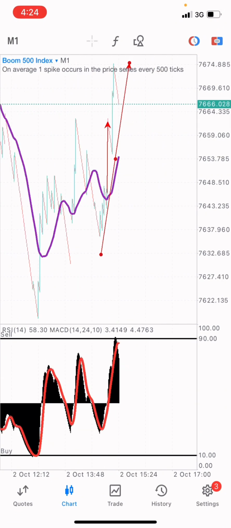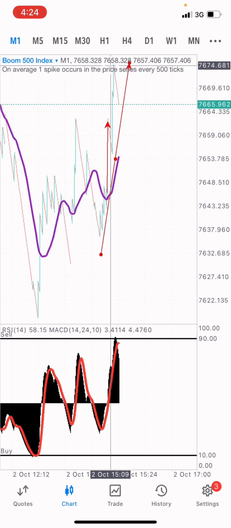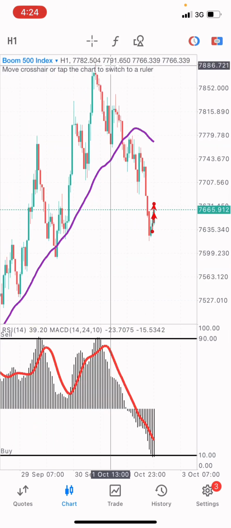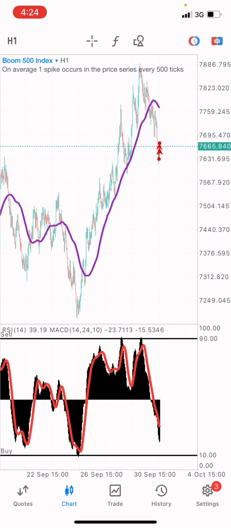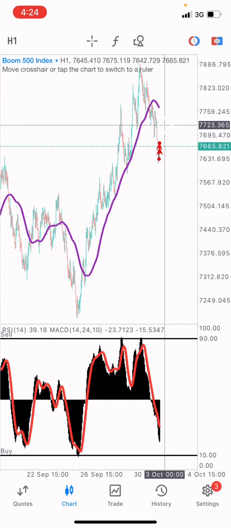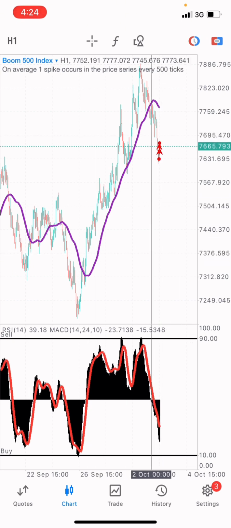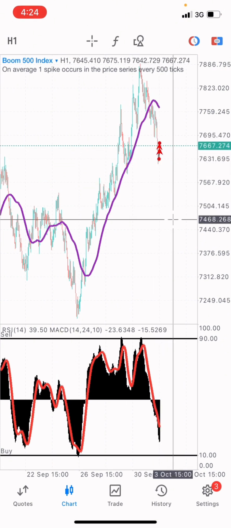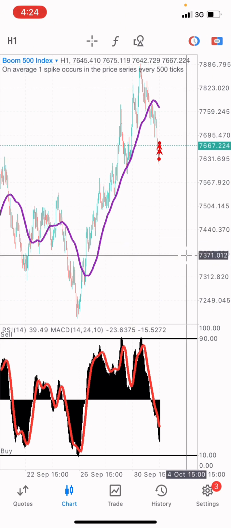Okay, if we zoom out right now, we can see that the price has gotten to the overbought at this very moment in time. So if we go to the 1 hour time frame right here and zoom in a little bit, we can see that the 1 hour time frame has just started buying at the very point. And if we zoom out a little bit, we can see that this market will still drop. Why? Because this market has bought after the overbought, so it's time for the market to retest. Although the market will buy, it will sell, it will buy, it will sell, following the downward trend position at that very moment in time.